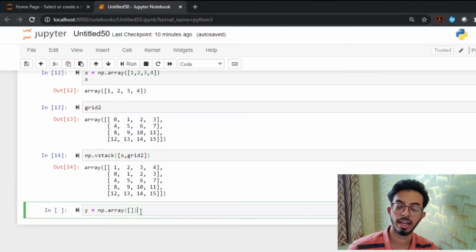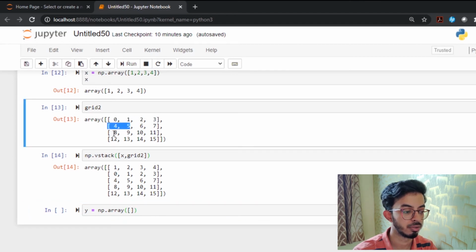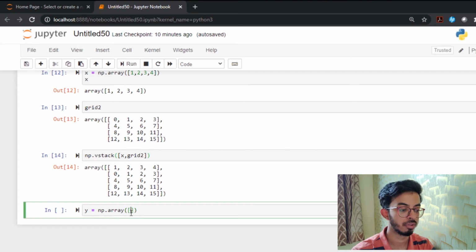Let's create another array which should match. For horizontal stacking, you should match the number of rows. For example, we have 4 rows in grid 2. 1 2 3 4. These 4 rows. For horizontal stacking, you need to have another 4 beside this. So you have to create a 4 by 1